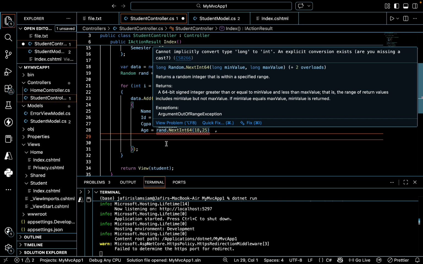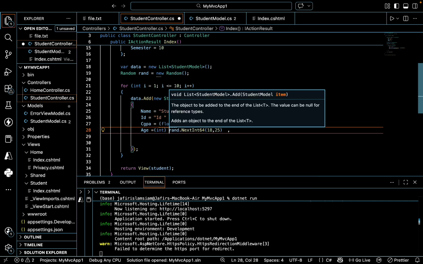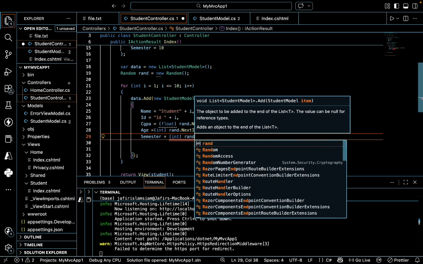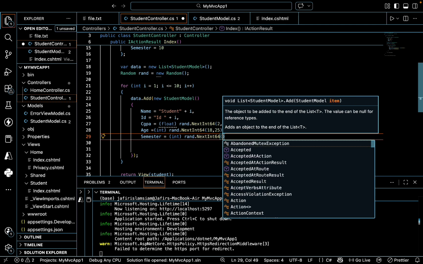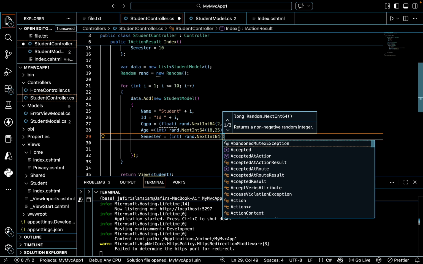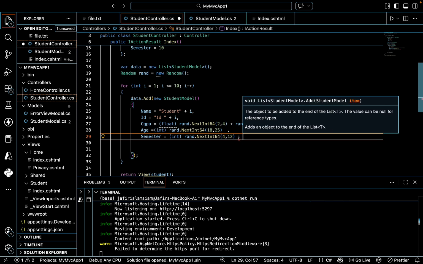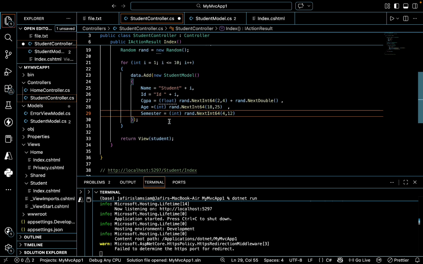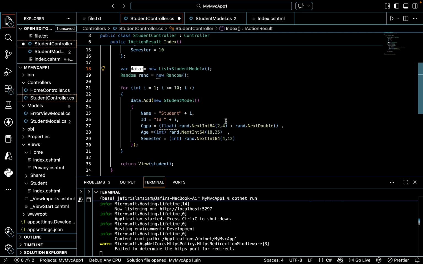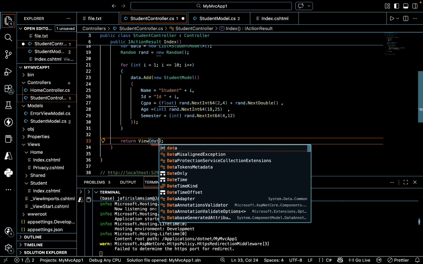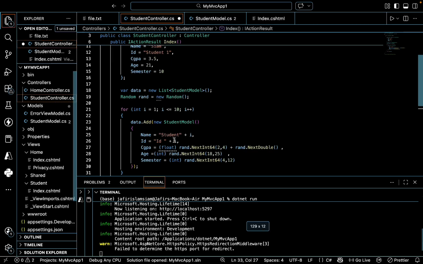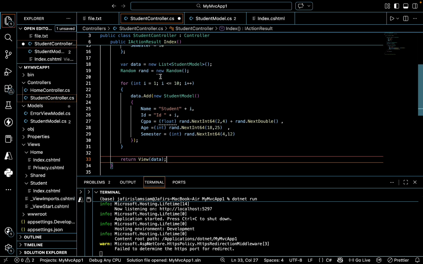And then we have semester, we can also make the semester random from next integer. So I'll take the semester as 4 to 12. And now our data is ready. So instead of this student only, now we can pass this list, the data. So since the data is a list right now, and to work with this list,